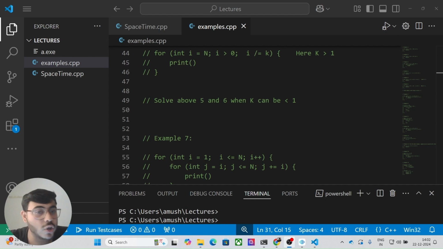Let's say you started from 1 and you keep multiplying by 0, will your value increase? If it was 1 and you multiplied by 0, it will always remain 0. No matter how many times I multiply, your loop will never stop. It will always be 0. How many times will your algorithm run? So that's why, in the case when the value of k is less than 1, let's say it's 0 or 1,